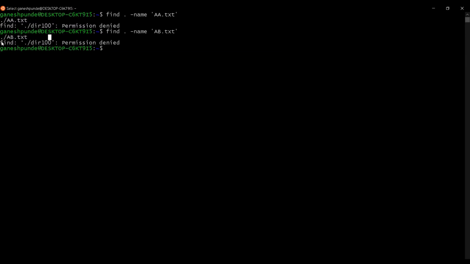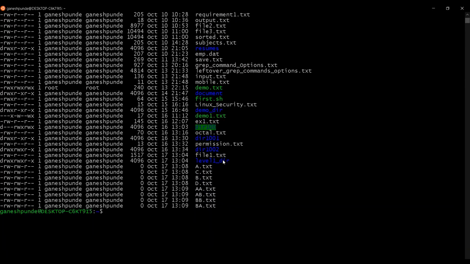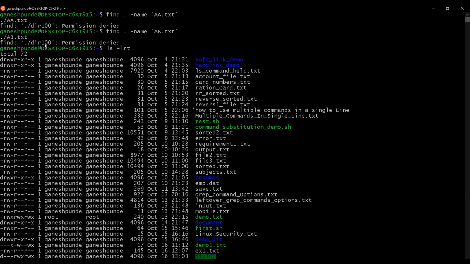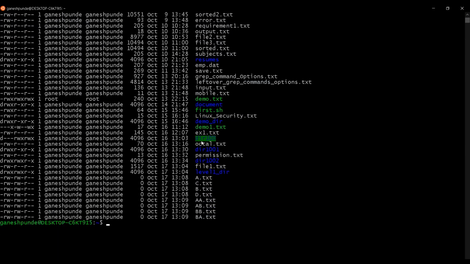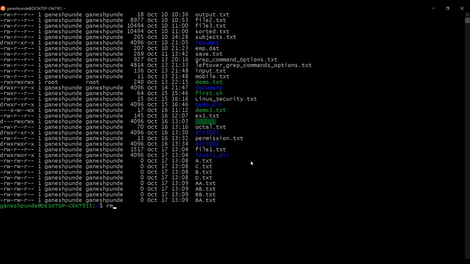AB is there. This error is coming because this dir100 is something we created yesterday by using the root directory. So let me see that. Okay. So you can see dir100. So let me remove it.